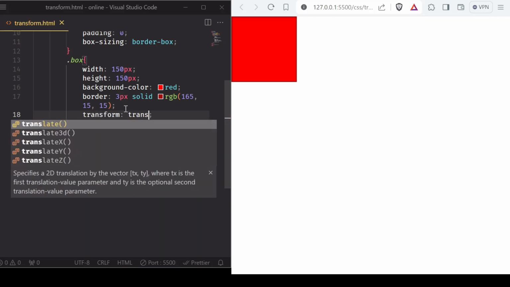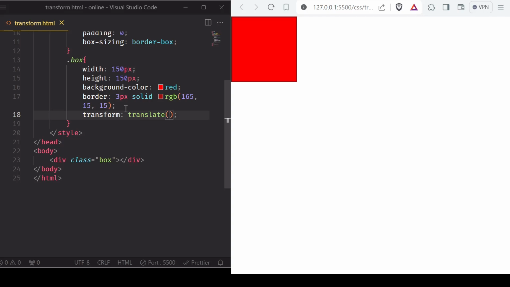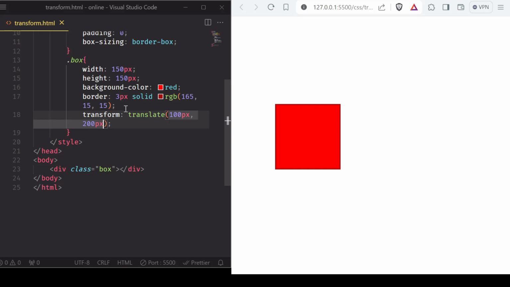Transform, translate. This is how we write transform. Now, transform translate can have one or two arguments. It can take arguments in pixels, percentage, EM, REM, whatever units you want to give it in. So I have put translate 100 pixels, 200 pixels on the box. What is happening is, from its original position, this box moved 100 pixels in the x-axis, 200 pixels in the y-axis and